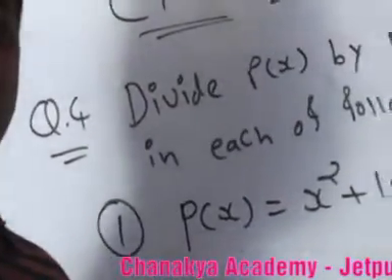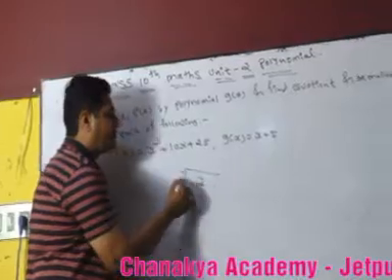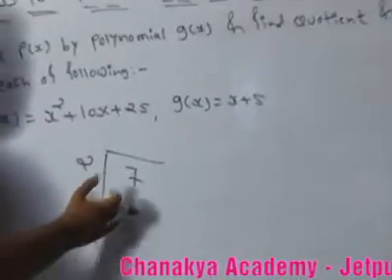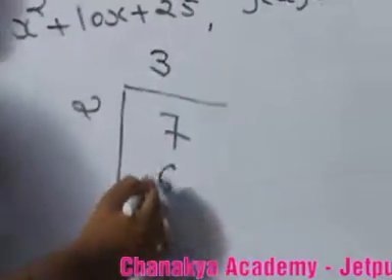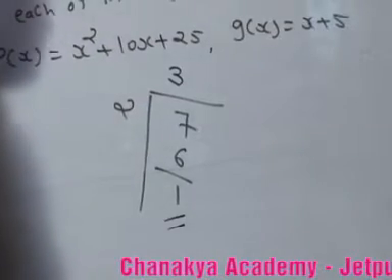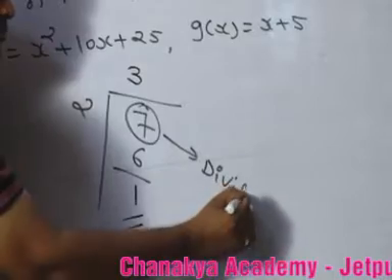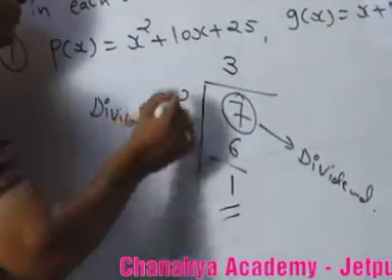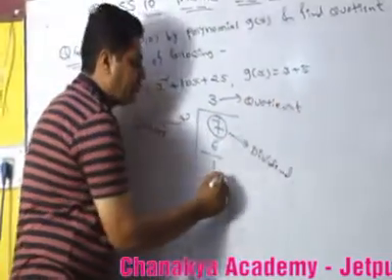Now I am trying to give one example. Suppose we are dividing 7 by 2. I have taken this question for reference. If we are dividing 7 by 2, 2 3s are 6, then subtracting 6 from 7, 1 appears as a remainder. Here 7 is our dividend, 2 is our divisor, 3 is our quotient, and 1 is our remainder.